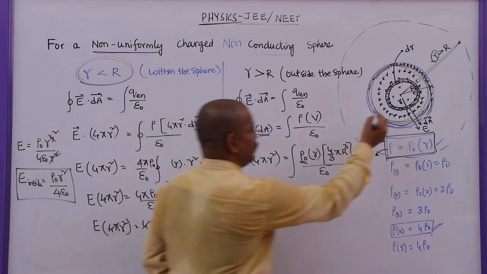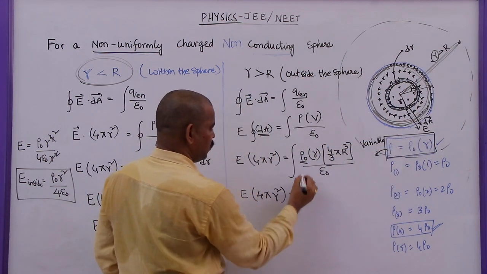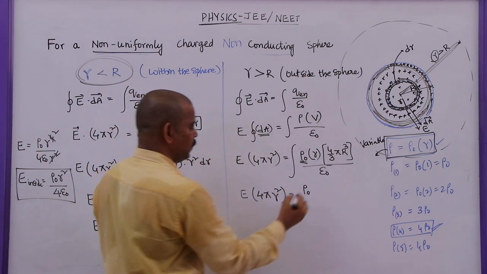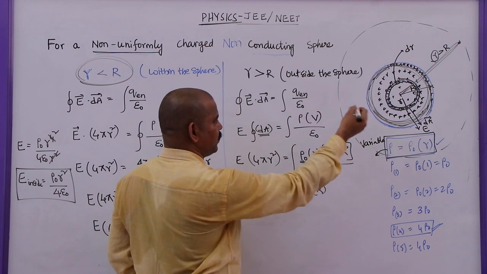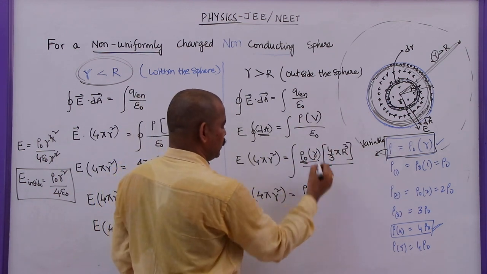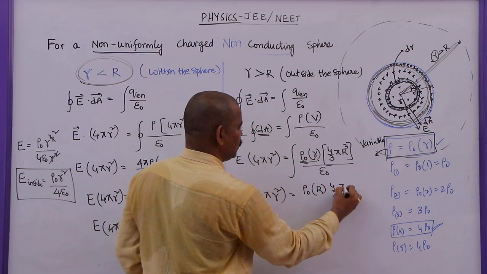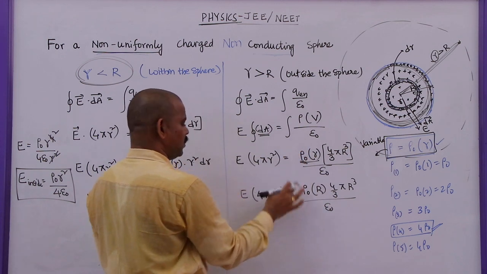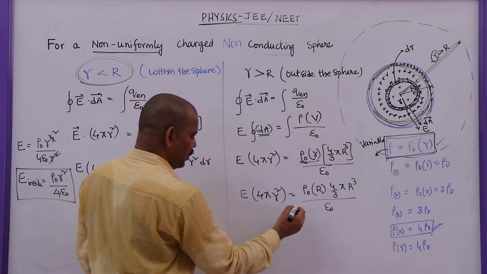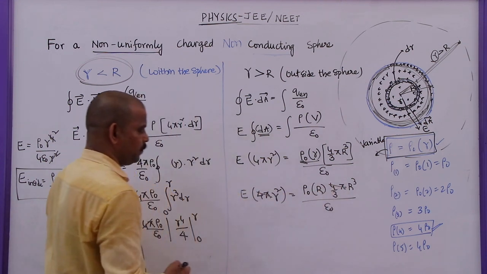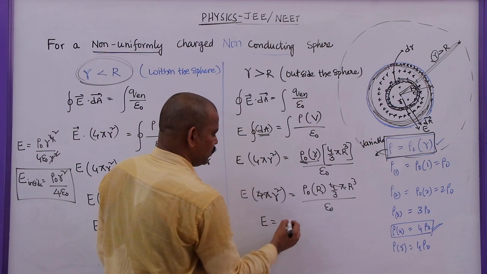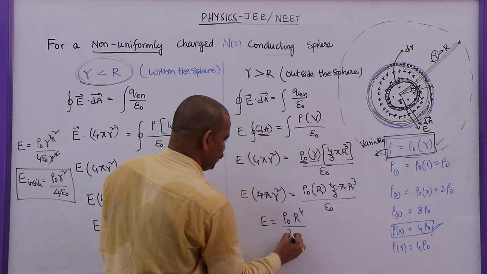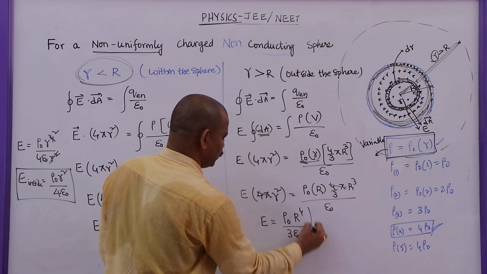What is this r? That is the radius of this one. Here, what are the variables and what are the constants? Let me check. Rho naught is a constant. Capital R, the radius, because small r will become capital R now for finding the volume. So this is 4 by 3 constant, pi constant, R cube constant, by epsilon naught. Means the integration is not required here because all are constants. Now you can cancel 4 pi and 4 pi. This E will become rho naught R power 4 by 3 epsilon naught r square.